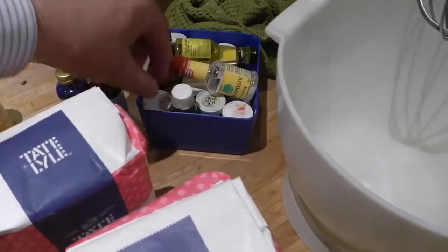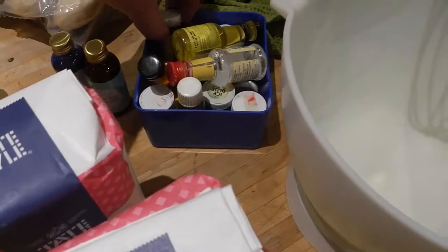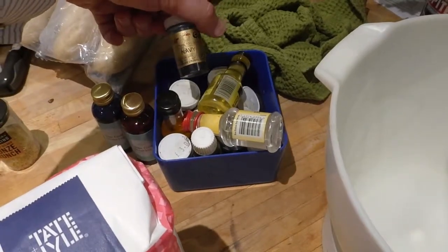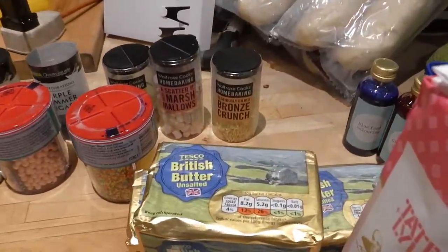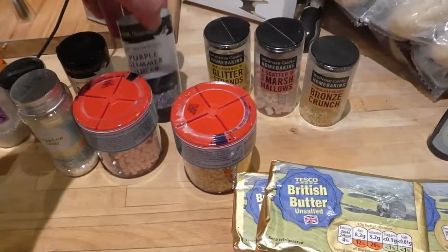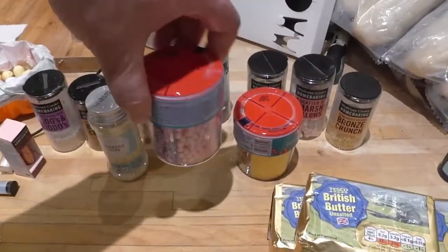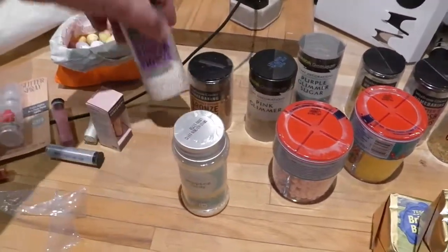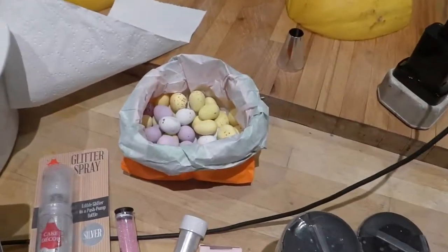I've got a whole load of colours here: blue, orange, ice blue, grape, violet, all sorts, navy, you name it, it is there. Then I put the icing on, and then I've got all these different things: bronze crunch, marshmallows, glitter strands, purple glimmer, all coloured bits, more coloured bits, popping candy, pink glimmer, bronze crunch, hundreds of thousands, shiny bits, some chocolate eggs,